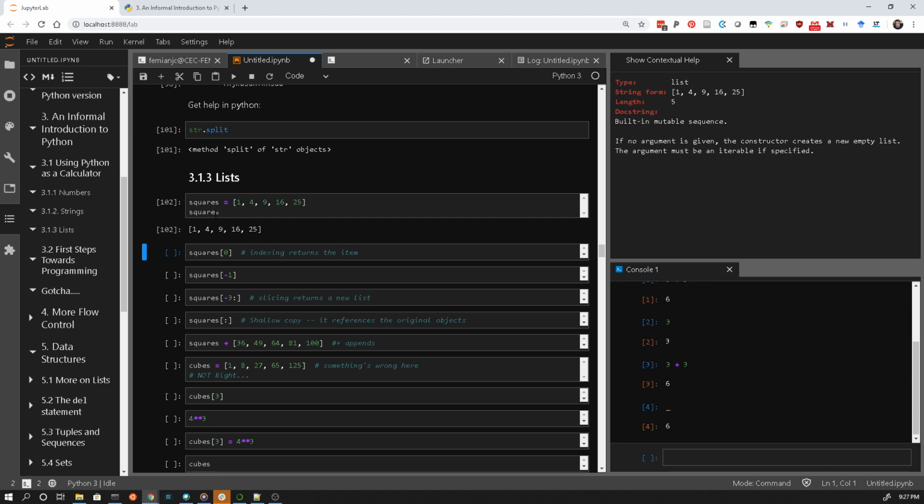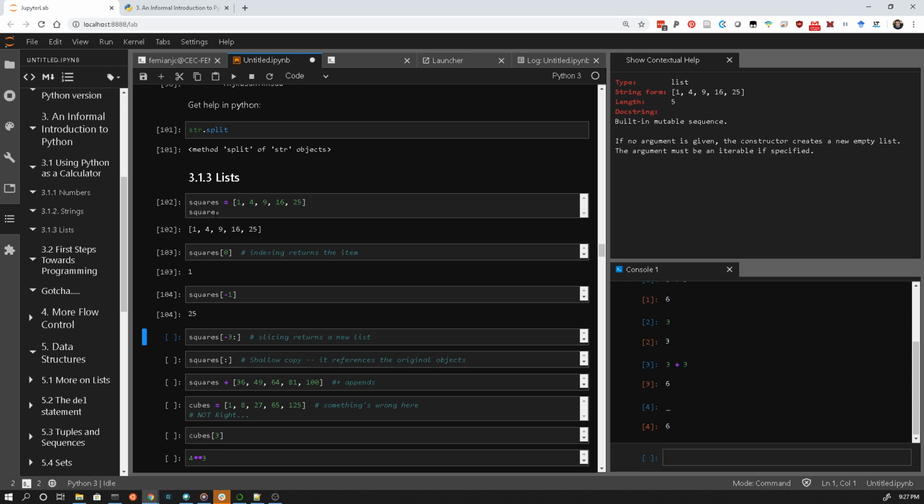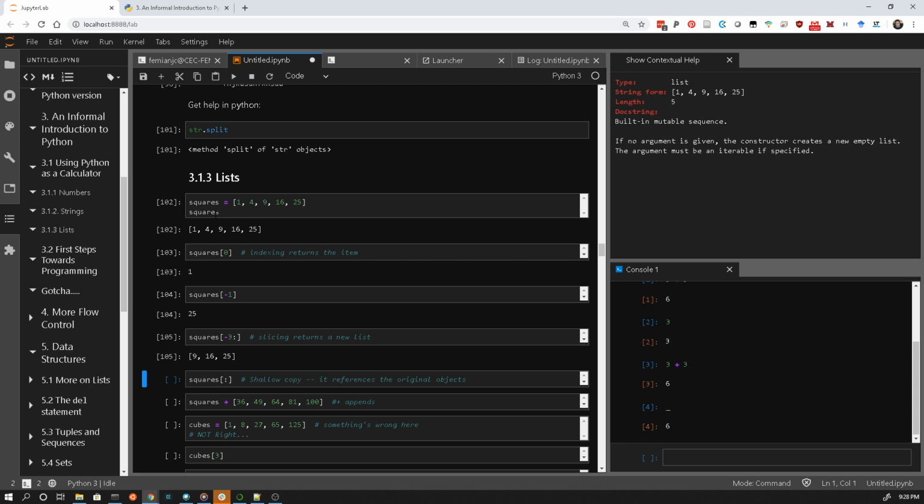You can index lists just like you would with the string. Squares[0] is the first item in the list, which is a string. Squares[-1] is the last item of the list, which is the number 25. If I want to get the items at -1 and -2, so this will be the last 2 items out of that list, I can use